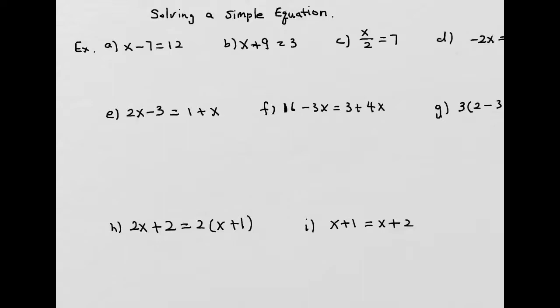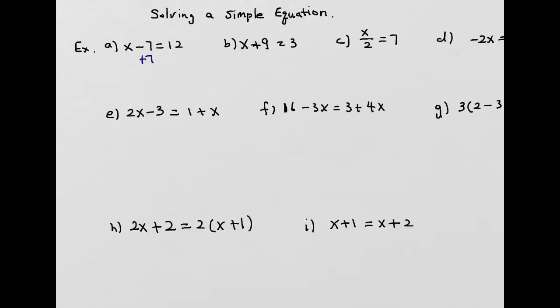So again, when it says solve the equations, you want to solve for an unknown variable. You want to know what this x is. In order to do that, we're going to isolate the variable on one side and move everything else to the other side. In order to isolate x, you need to get rid of minus 7. If you want to make x by itself, get rid of negative 7. So that means you need to add